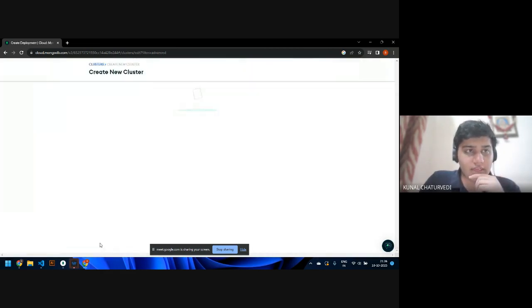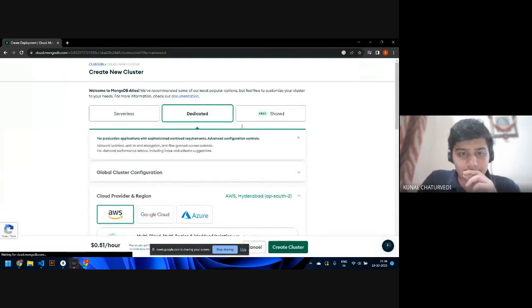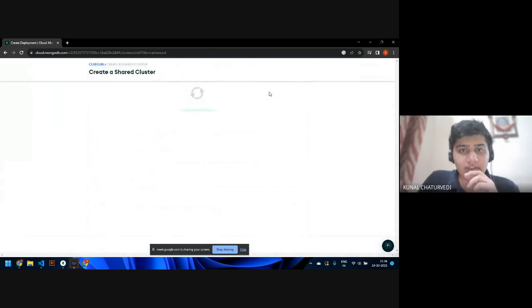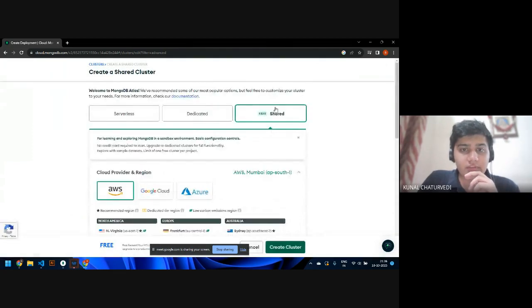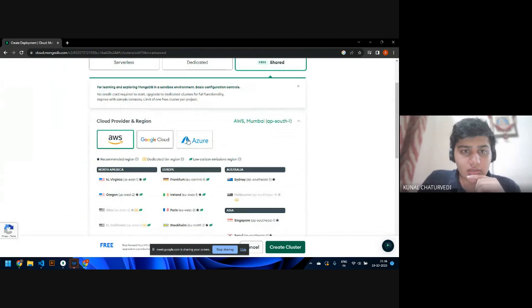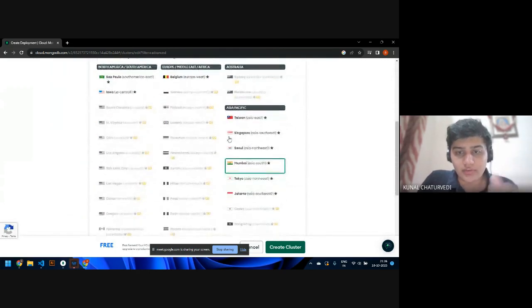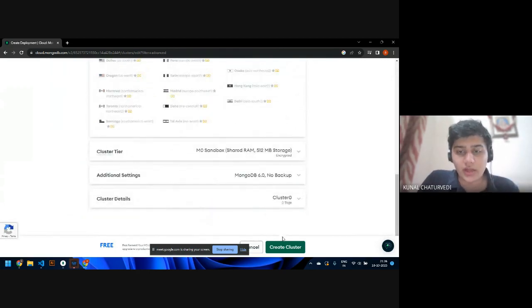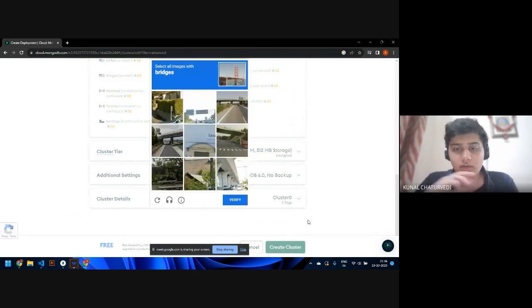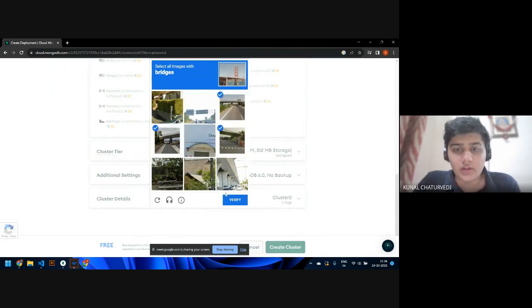Maybe let's just click on advanced configuration first and see what we have. We'll click on shared on Google Cloud again. We have already selected Mumbai, and we'll just come here, not touch anything else. Click create cluster. I have to solve this, I guess. Anyway,